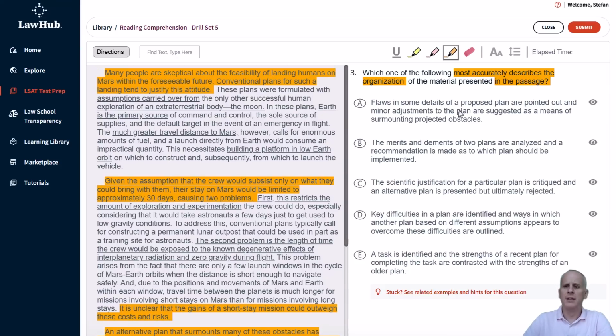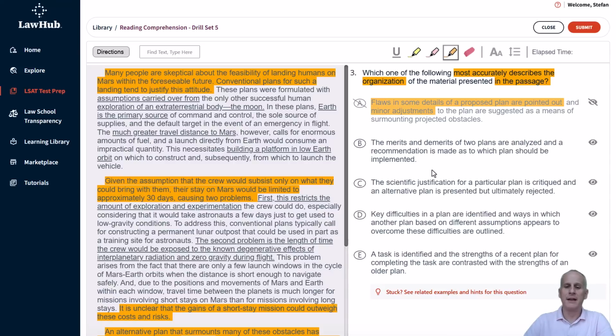And then we've got an alternative plan that is supposed to overcome those flaws in the plan that many people are skeptical about. So starting with choice A, flaws in some details of a proposed plan are pointed out. Well, kind of. So we'll hold on to that for now. And minor adjustments. Minor adjustments? There's no minor adjustments. We're basically throwing out the conventional plans, saying they're not good and we need a whole alternative. So as soon as we get to minor adjustments, we should be able to highlight that as a reason